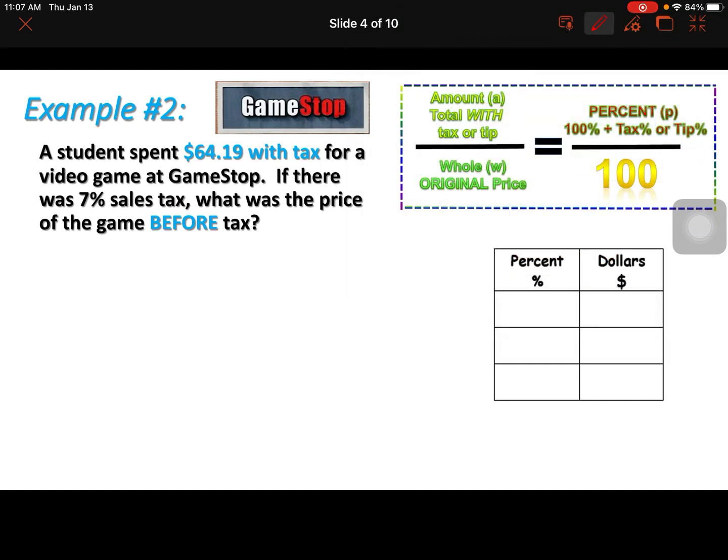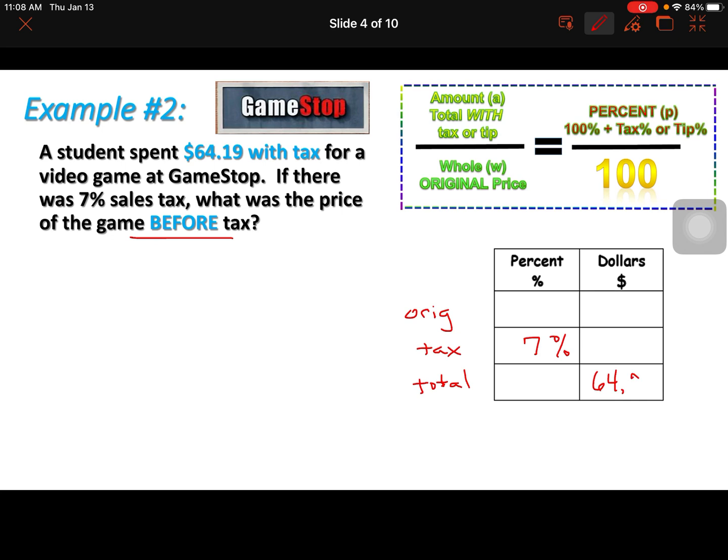If there was 7% sales tax, what was the price before tax? Now, if we use this table, this is where it's helpful. So this is our original, this is going to be our tax, and this is going to be our total. Now, we know that it was 7%, so we can put that percent here. We know that the total with tax is $64